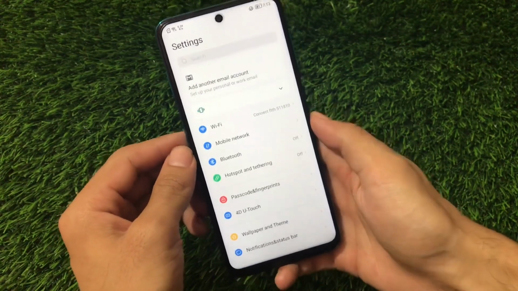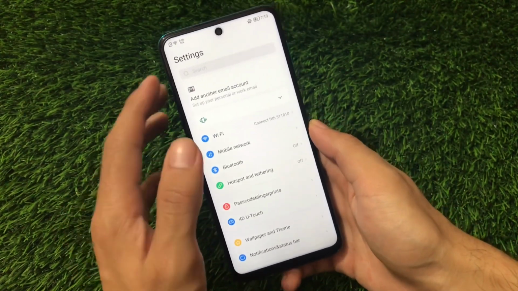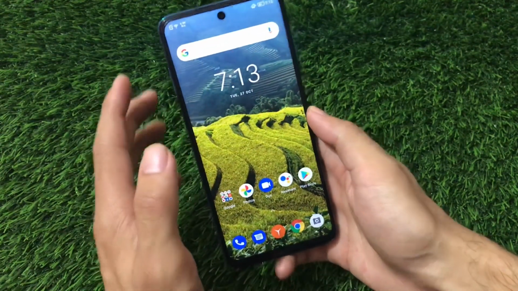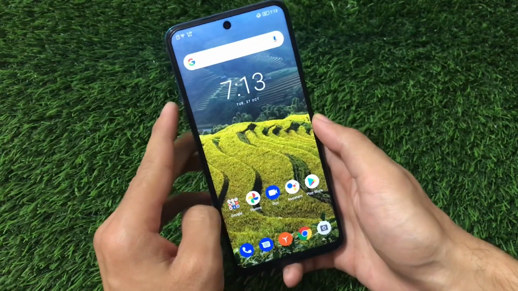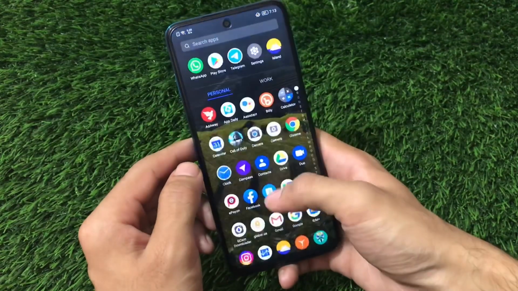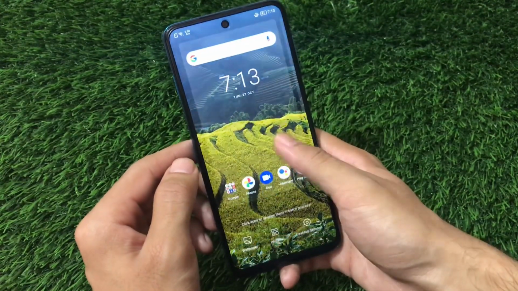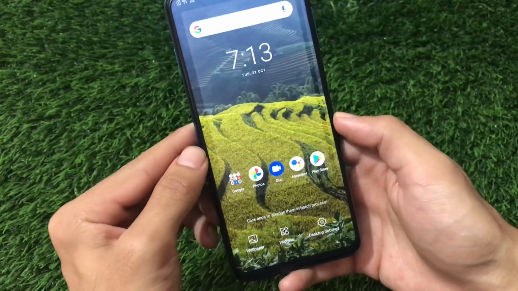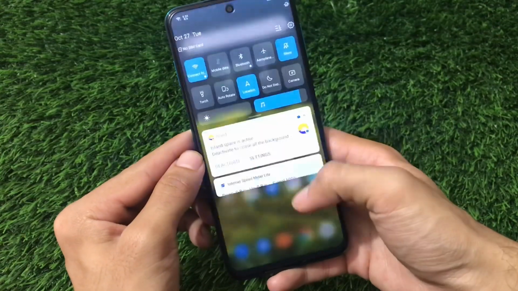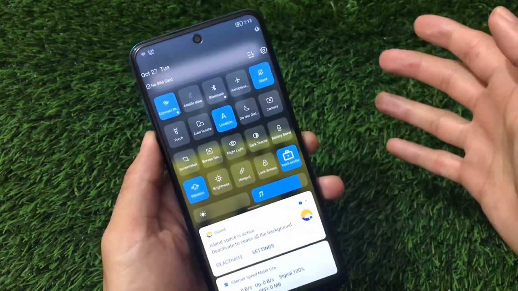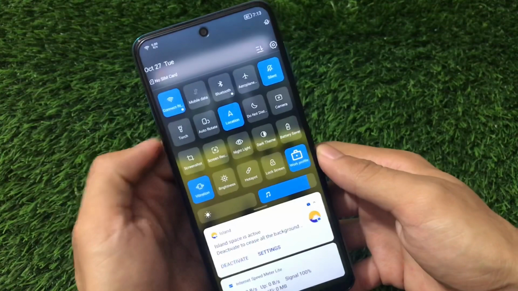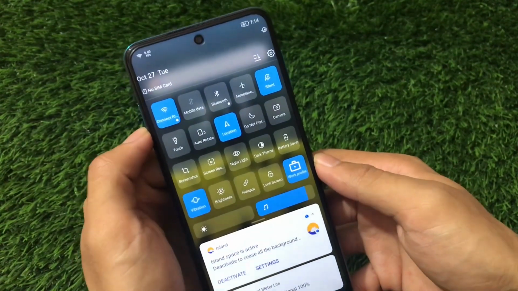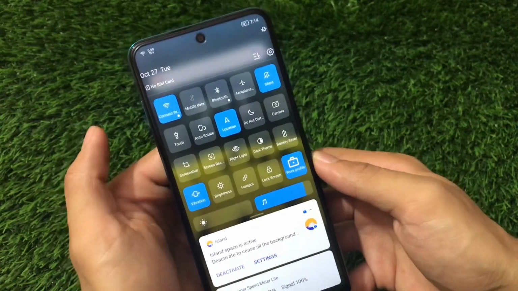This is a Redmi Note 9s. In settings, we have a lot of features, and we're going to talk about them one by one later. First of all, it has theme support, which is one of my favorite things. You can check out a lot of things here. If you go to the desktop settings, we have the widgets and the wallpaper, and there are a lot of settings options available by default. And if you go to the quick settings, it's a really interesting UI. As you can see, we have these tile options where you can turn on Wi-Fi, hotspot, Bluetooth, and a lot more things.